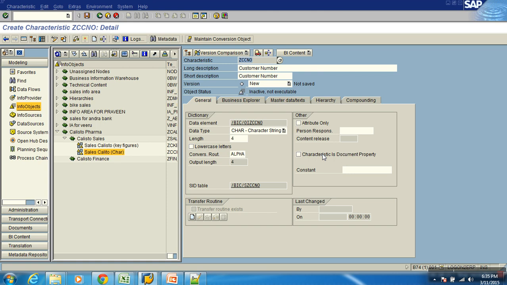saying he is not a regular customer, and you want to maintain some comments about a customer. In these comments, you want to use the values of this info object in between, saying the sales of the month value from 0CALMONTH is really down because of the performance of the customer value of the customer info object. So you want to formulate some text string or comments based on the value of info objects. You go about using the characteristic as document attribute. We'll see that later.